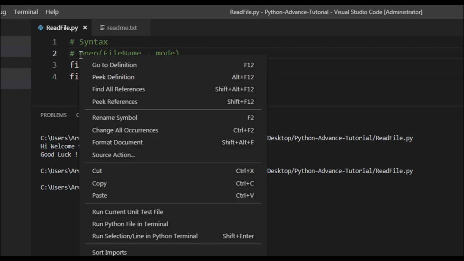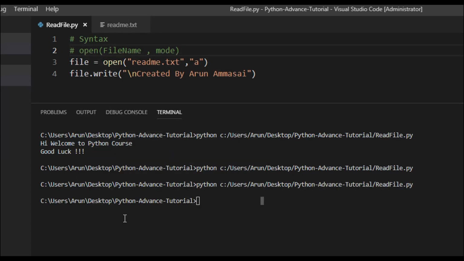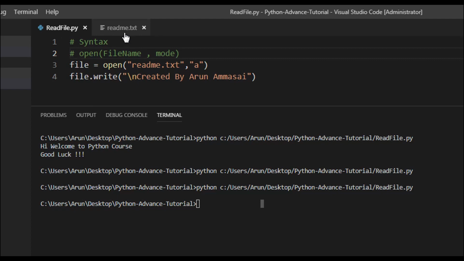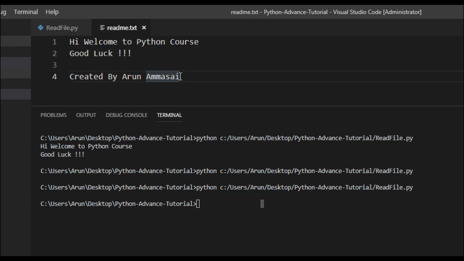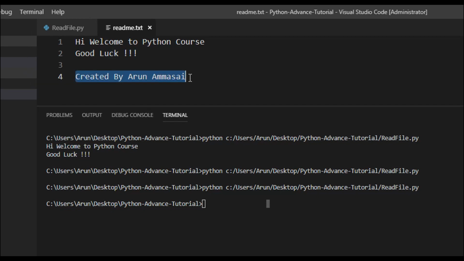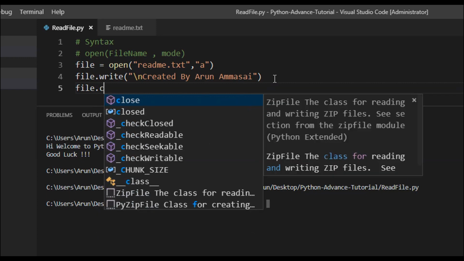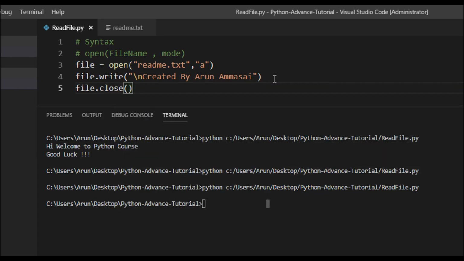Save it and run it again. Run Python file in terminal. It is done. Let me open the file. Wow, pretty cool, right? Hi, welcome to Python course. Good luck, and the content which I newly updated. And another important thing, whenever you are working with files, once the process is done, make sure the file is closed properly,